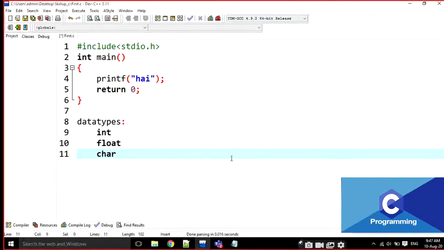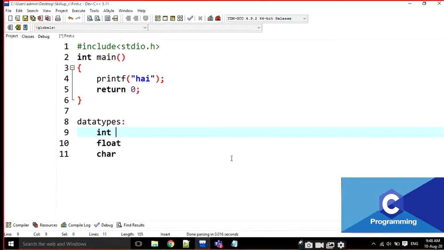Observe any data, for example, how many marks you got: some 67 marks. What is your percentage? That is 76.4. And what is your grade, and what is your name? I am going to write the name here. Every time the data is of only 3 different types: int, float and character. There is no other data type. These are the core data types, and int, float and char are also keywords.